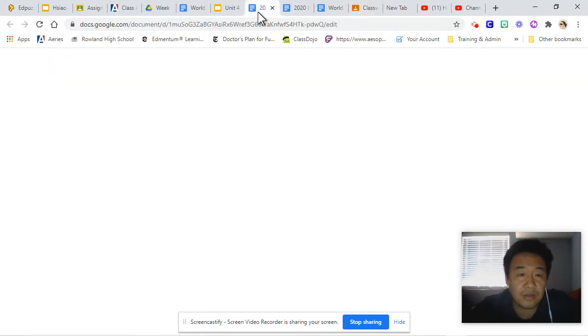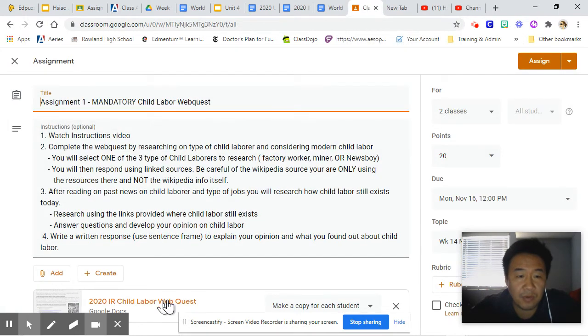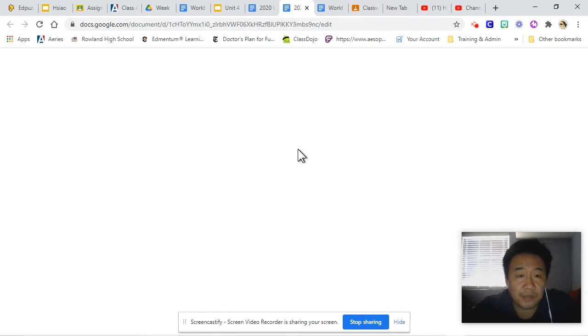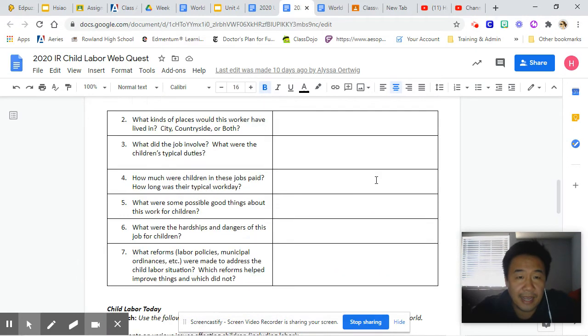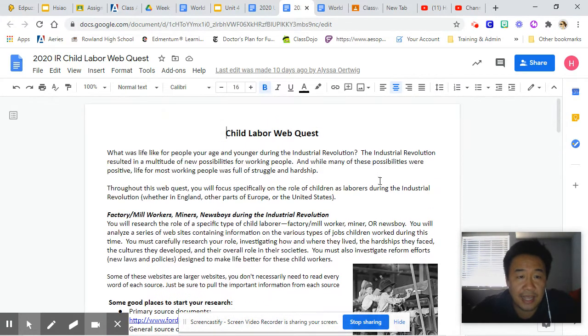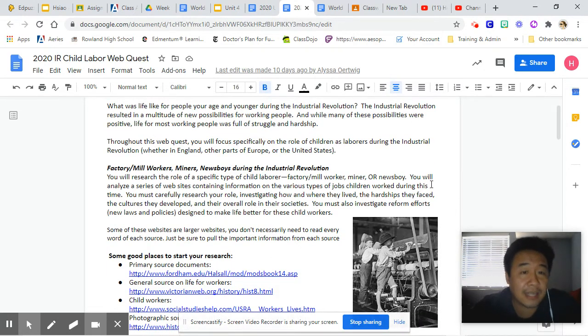Let's go to the form, sorry, this form here on the bottom. As you go to this form, we're going to be looking at several questions, and the directions are here. We're going to be looking really at what life was like for people your age. By the age of 16 or 17, kids have been working for maybe 8 or 9 years in these factories, and it's been a pretty long, grueling process. There's actually several things that happen to them. Was it a perfect life? No, but it was their life.